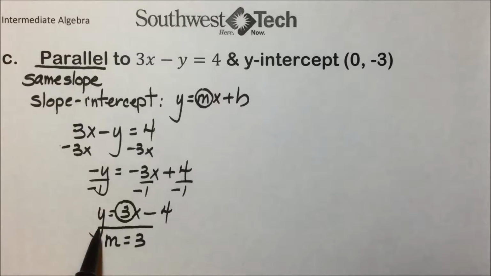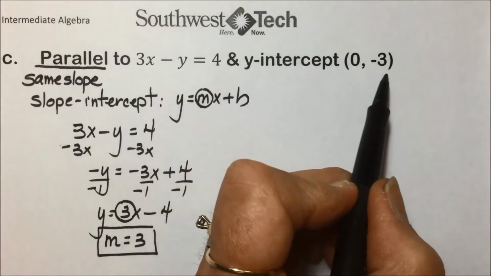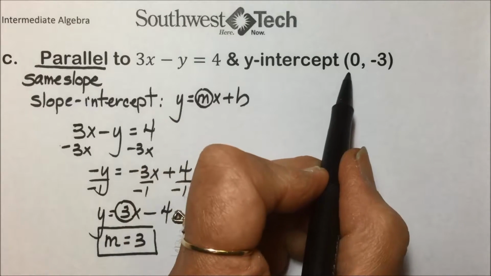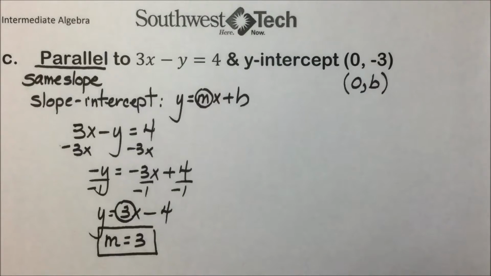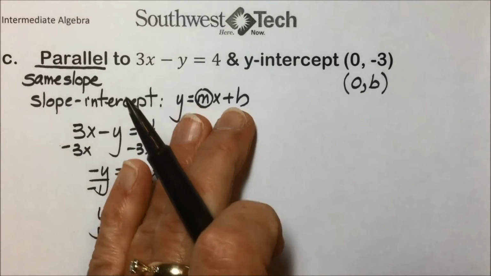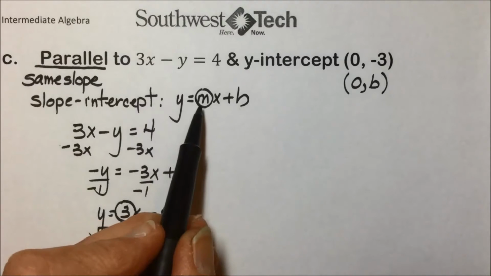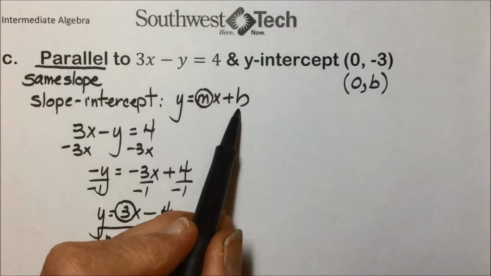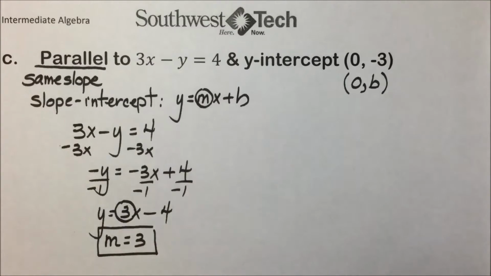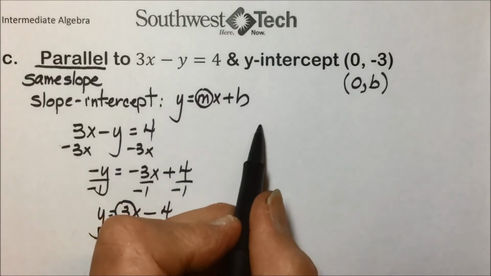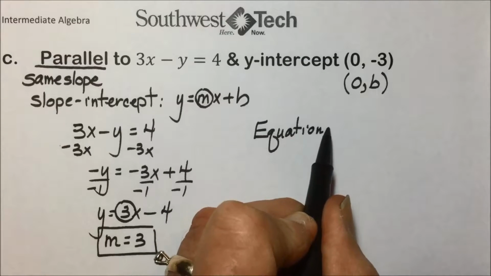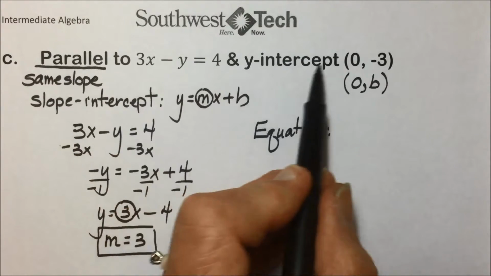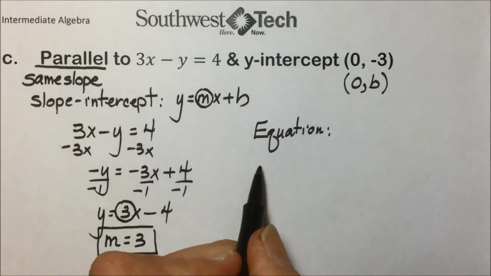So we now have the slope and the y-intercept. And y-intercept is that special point that allows us to generate an equation rather quickly for a line. And here it is. We know the y-intercept. It's a negative 3. We've just found the slope. So the equation of the line that is parallel to this one and contains the point 0, negative 3 will